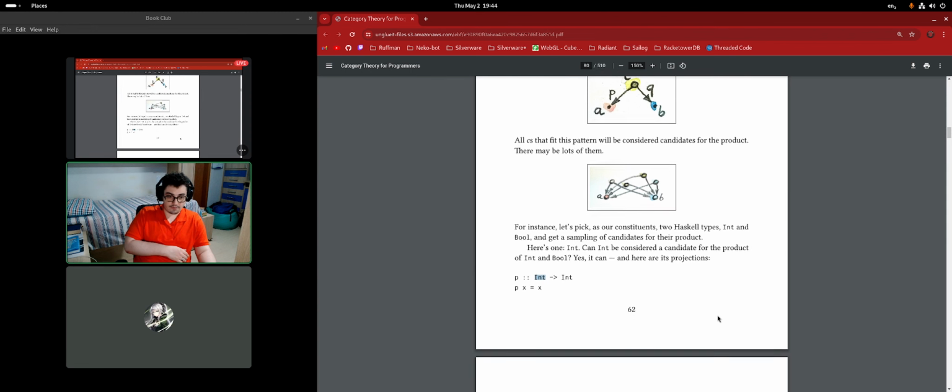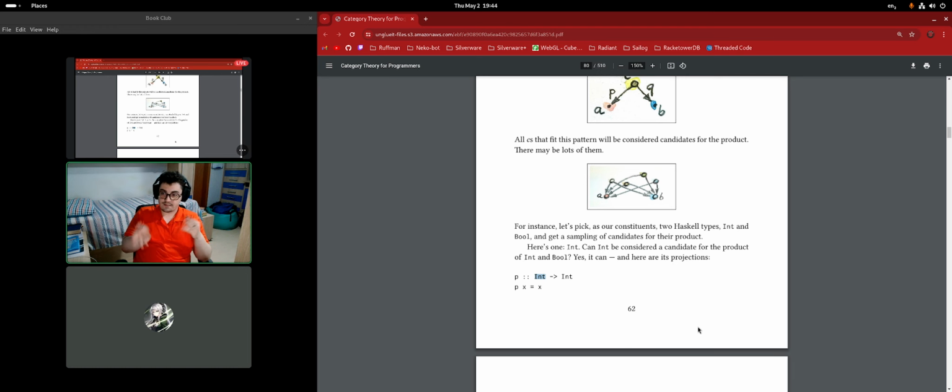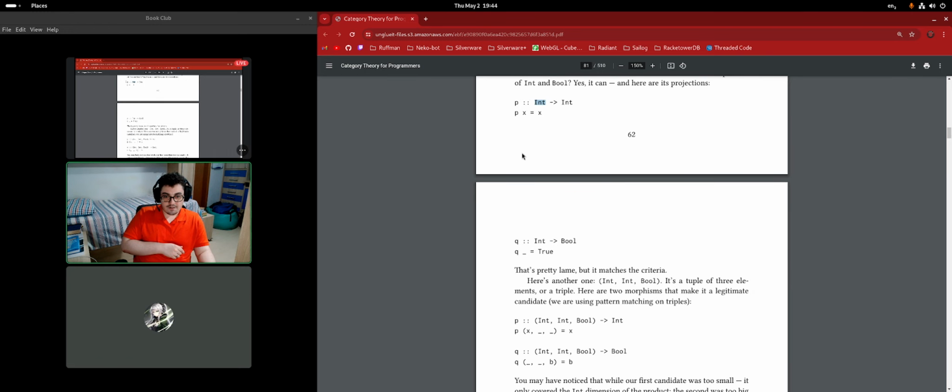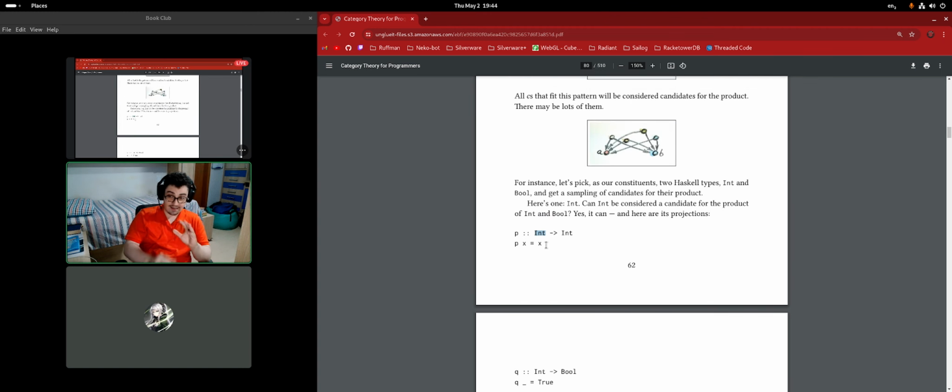And B is gonna be the Boolean, because we want to make the product between A and B. So A is int and B is bool, and the C is gonna be integer. So here are the candidates for the projections, and as it says, it matches the criteria. So this is matching a very specific criteria. There is a C, there is a P, and there's a Q. I want us to remember that when we're talking about more concrete examples later on, because for me, my difficulty is mapping what he's saying in the practical examples to these three requirements.